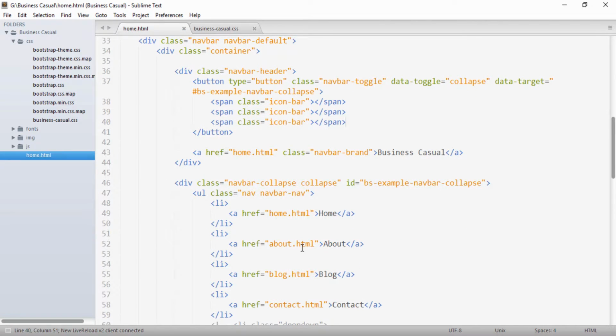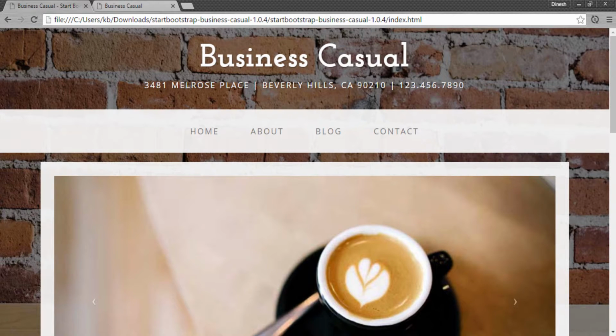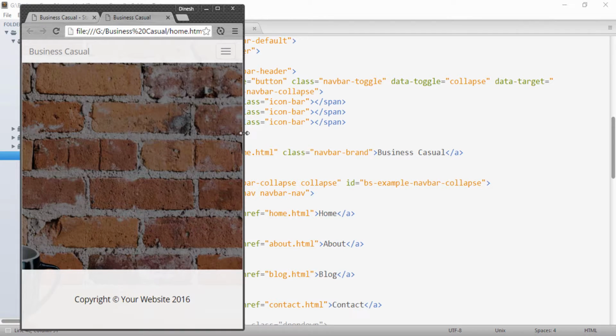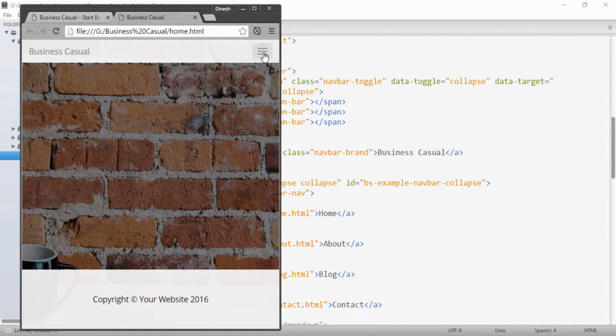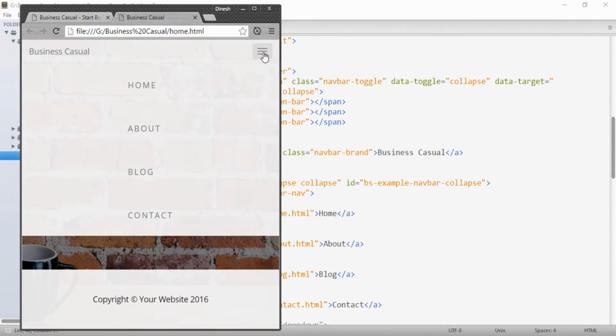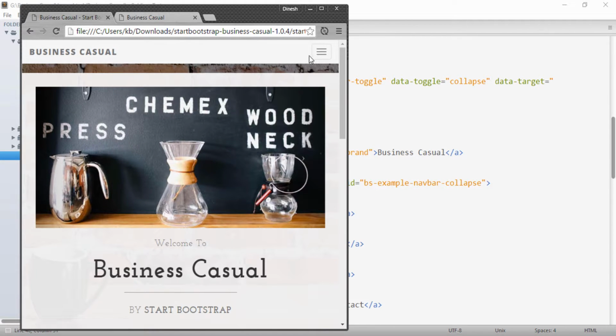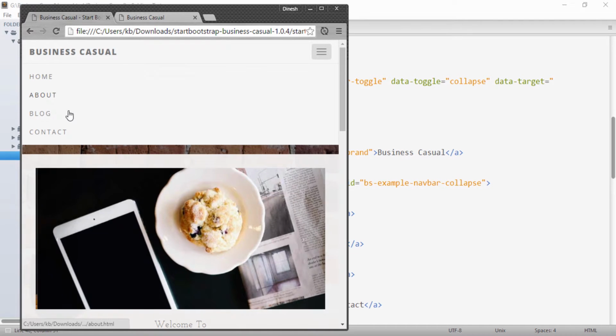If I save it and show it to you on the browser, here you see, as soon as I click it, this navigation bar comes in the form of this toggle.